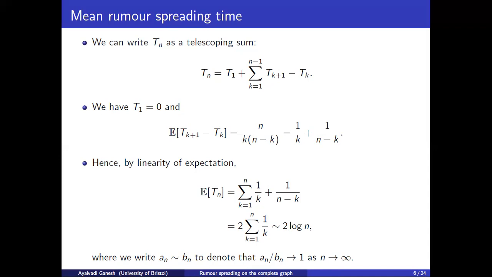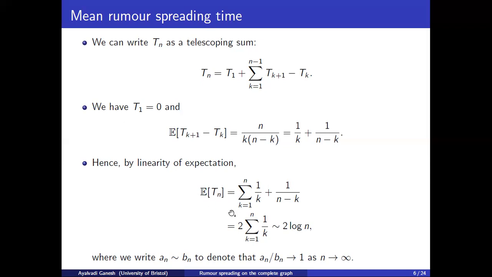One more remark: we will use logarithms throughout this course, and whenever I use this terminology, I always mean natural logarithm. If I don't write the base of the logarithm, the base is e. If I want any other base, I will denote it here. All logarithms are natural unless otherwise specified. Okay, so that gives us the mean Rumour spreading time. That was the main point I wanted to make in this analysis.